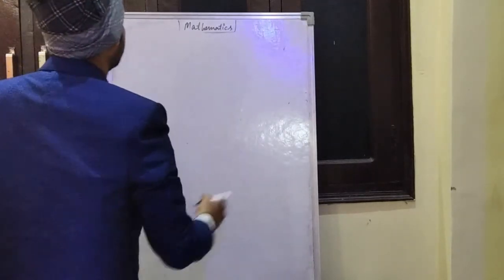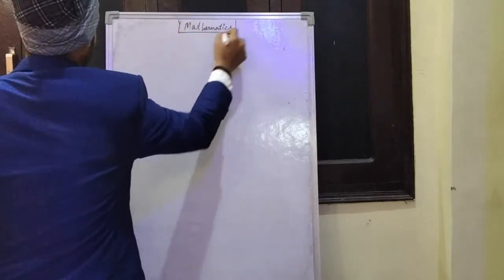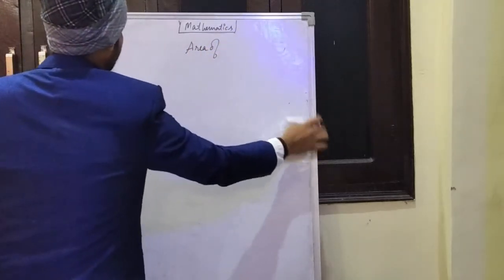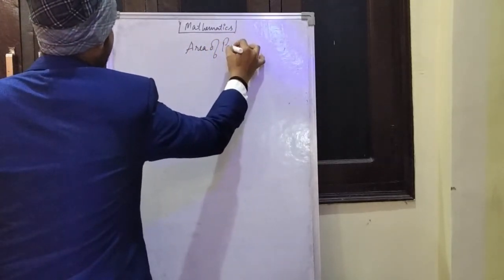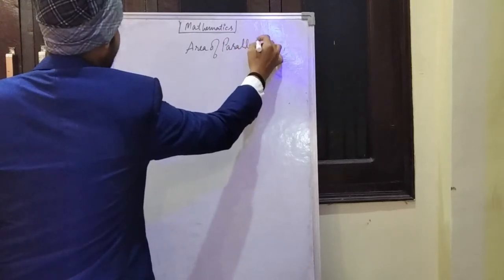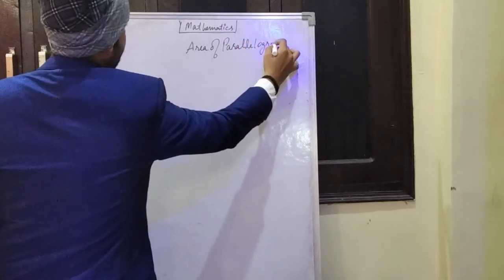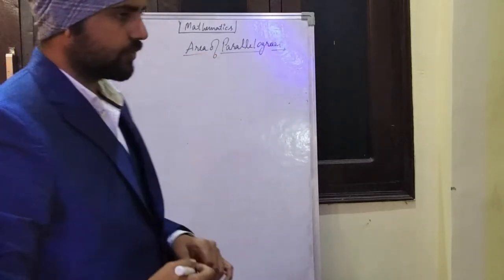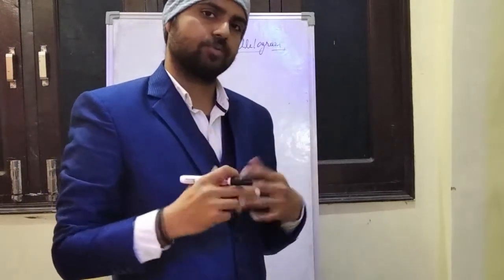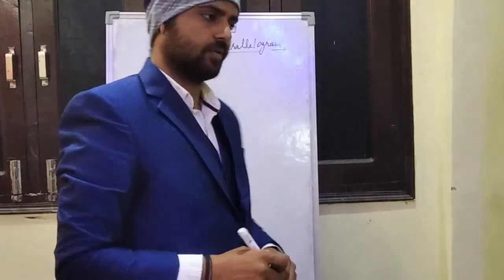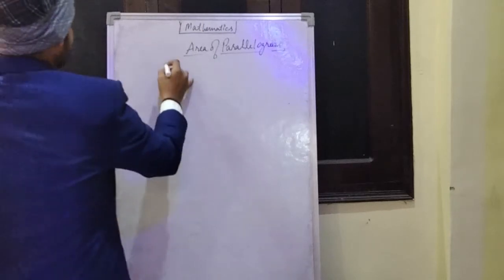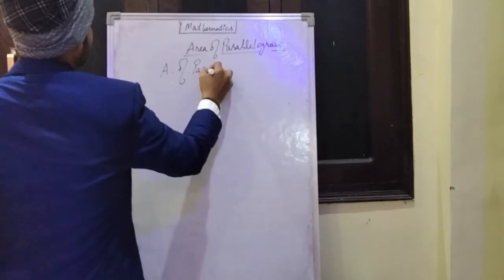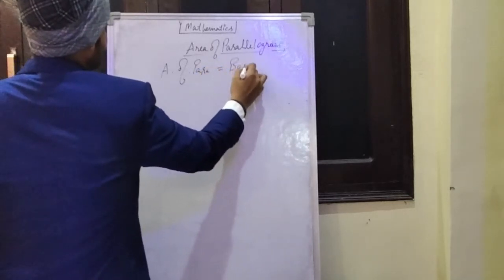Okay. So the area of a parallelogram is very easy to understand. It is just the formula that you need to focus upon. But how it has come, you need to really know it. Because many of the students get confused about how to define what is the base and what is the height. For example, the area of a parallelogram, the formula is base into height. This is the formula.